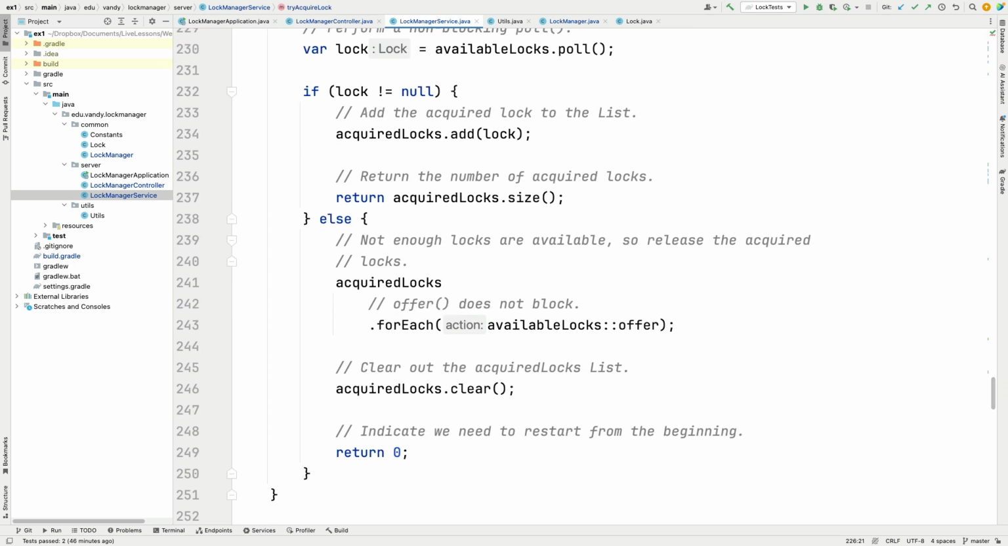However, if we don't get the locks, then what we're going to do is we're going to return all the available locks. If there was nothing here to get when we did a poll, we're going to throw all the available locks that we tried to acquire back into this list. We're going to give it back to the available locks queue. We're going to clear out the list and return a 0, which indicates we got to start all over again